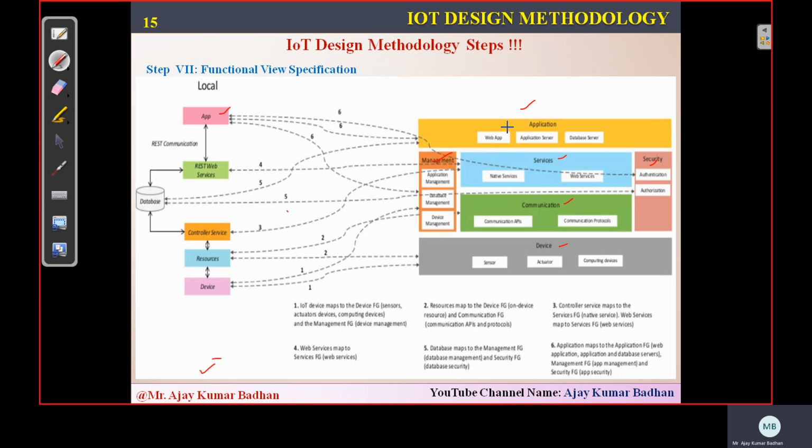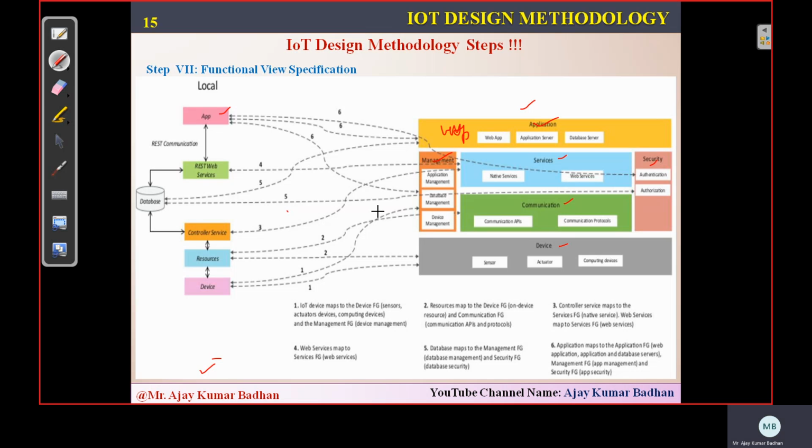And apart from that, it is also mapped to the application, because whatever the web applications we are designing that are present here, using HTTP we are accessing. So this is mapped to this. And again, apart from that, it is also mapped to data management. Why management? Since the application might be reading some data, that data needs to be stored in the database. That's why. So this management has application management, database management, and device management. Okay. I hope you people understand this particular concept, how it is managed.